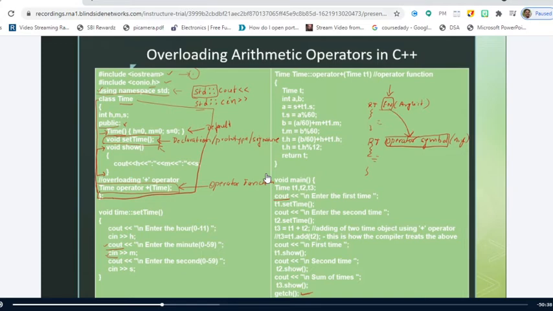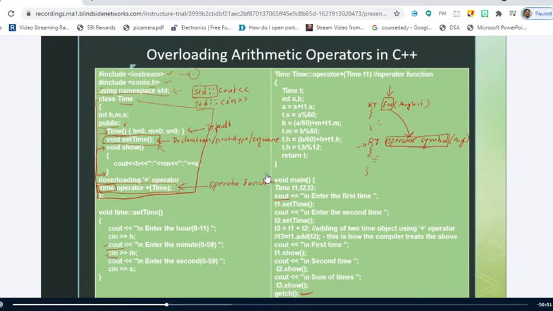Again, come back to this declaration. What is this here? Class name, time. So what is this function returning? Is it the return type or not? Yes, sir. The first term is the return type, which I have given as time. So this operator function is going to return an object of type time. Is it clear? Yes, sir.